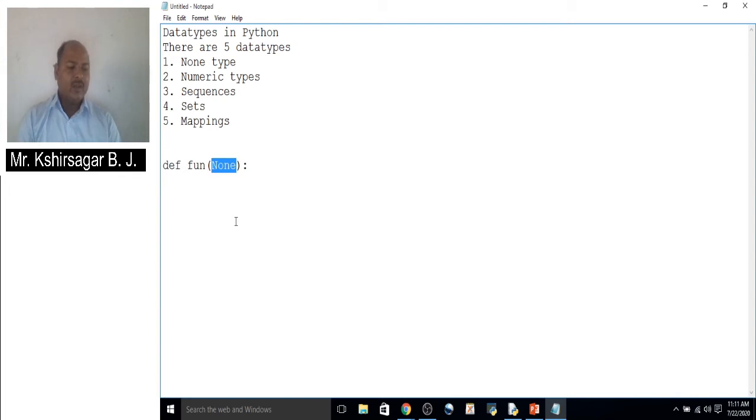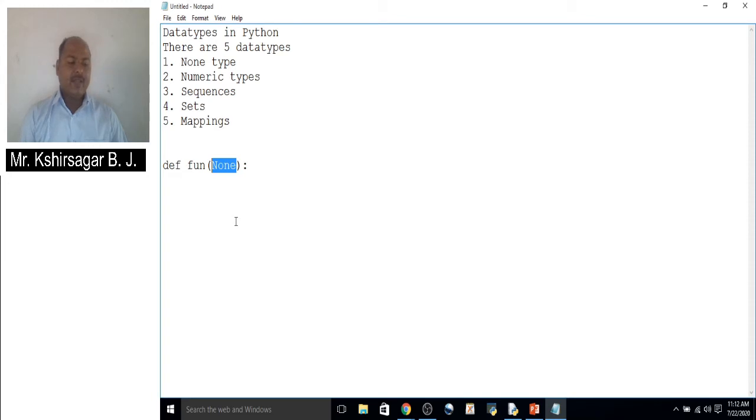When calling a function, if no value is passed, then the default value will be taken as none. When you call a function and no value is passed for it, within the function definition the default value is considered none. If some value is passed to the function, then that value is used by the function.